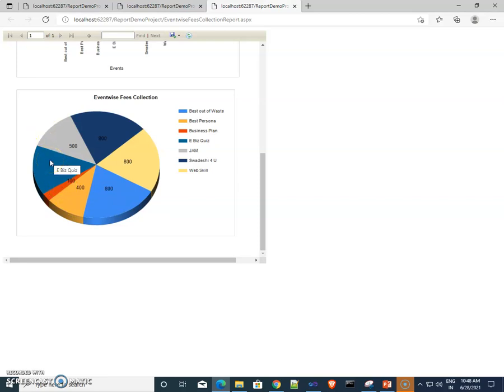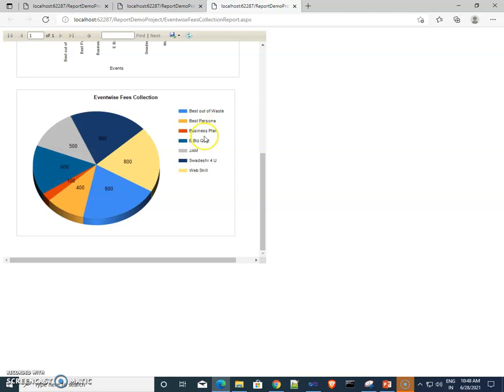So I can easily recognize this 100 fees is very less and this is business plan, and then we can decide in the next year when I conduct this VP Quest event, I remove this business plan, because this report gives me the information that it is not in demand, or there are fewer participants.